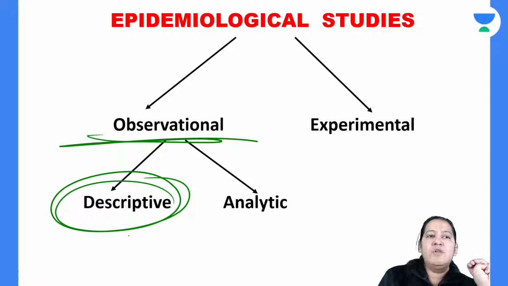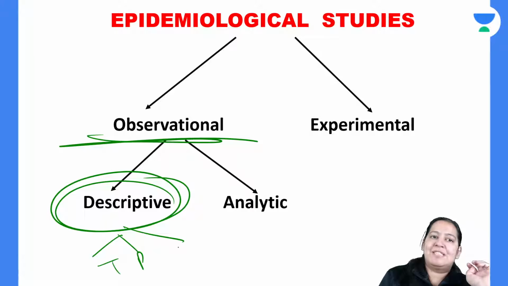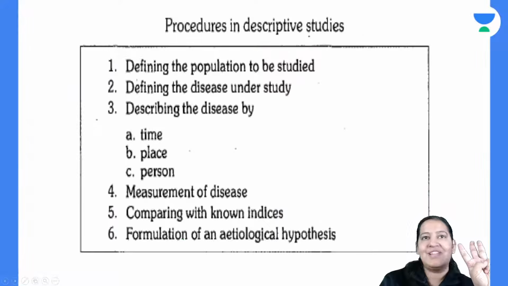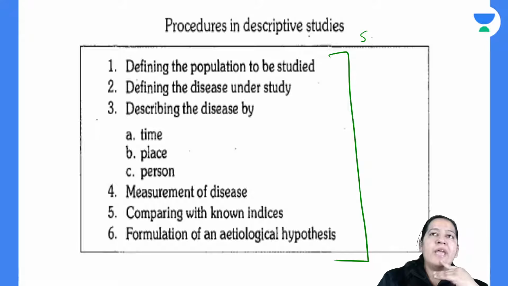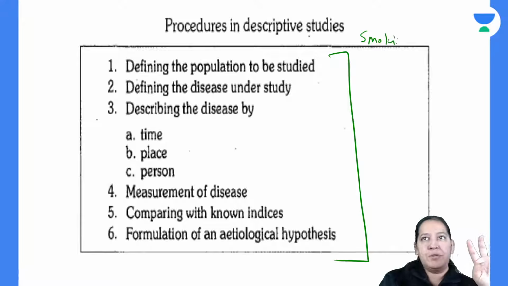In descriptive study, you will do three things: time, place, person. You have to see three things: time, place, person. What do we mean by time, place, person? These are the steps of descriptive study. Just suppose, let us take this hypothesis: smoking leads to lung cancer. This is my hypothesis, I want to prove it, right? I am an